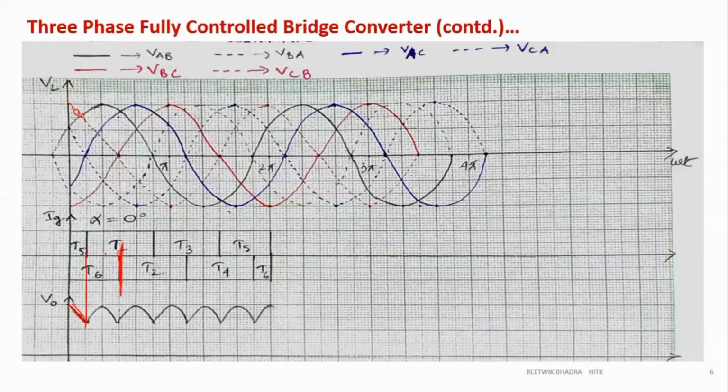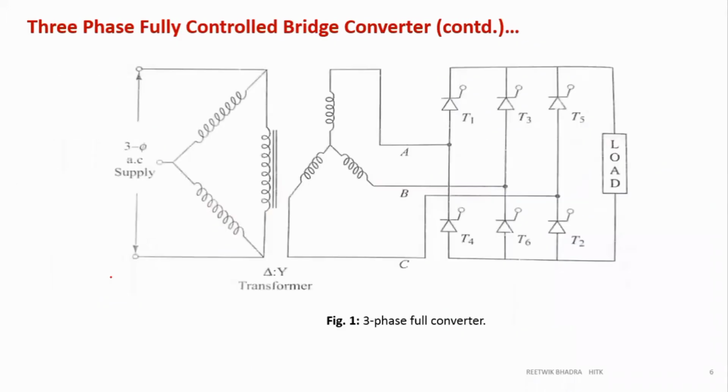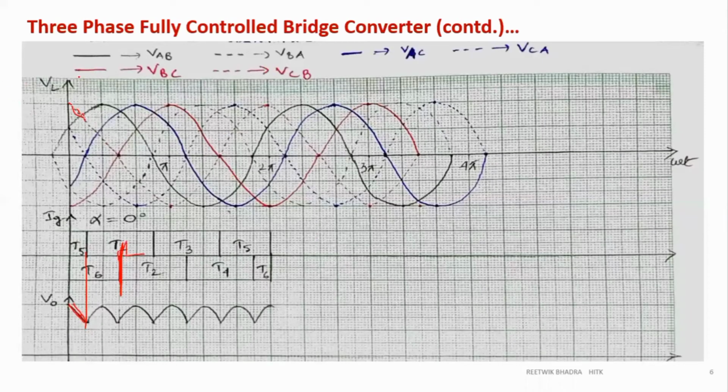Now the next 60 degree it is common. The next 30 degree it is T1, T6, and for the another 30 degree it is T1, T6. So why not take 30 degree twice? We'll take the total as 60 degrees. Which is on? This is T1. So T1, T6. Now go to the main figure. T1, T6, A. So this point is A. 6 is what? B. So this is B. Which voltage will I get? VAB. So I'll go to my figure over here. For VAB, I'll look into which pen I have used, black pen. And the black pen during this point, from this point to this point, this part. So I'll draw this part.